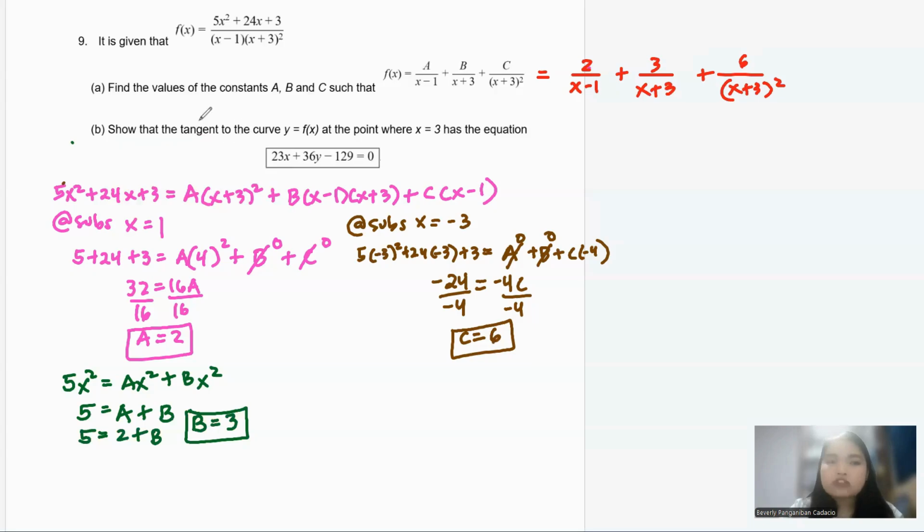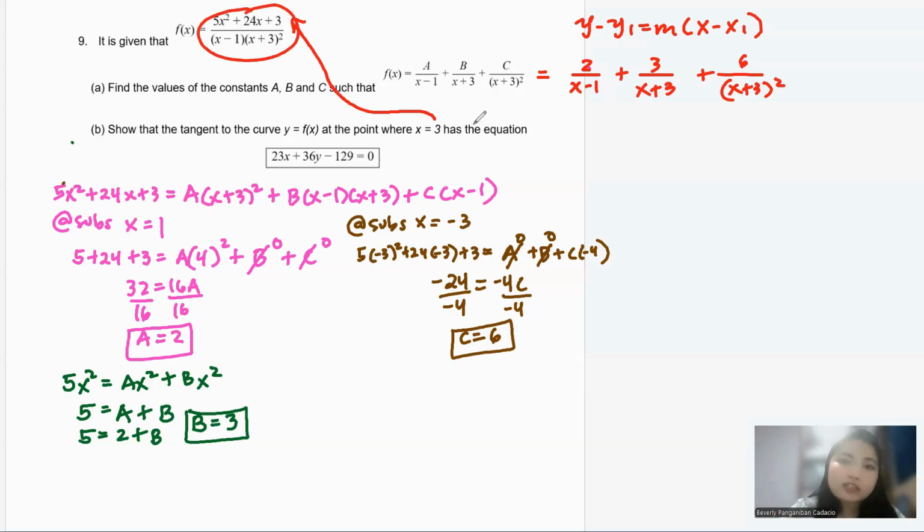Tangent line. When you say tangent line, you know it's the equation of the line, you will need this formula. Okay? And I already have x1. The x1 is this 3. But what you need is y1 and your m. We can get the y1 first because it's easy. For you to get y1, just put your x. Actually, you can put it here in all of your x, or you can put it here in all of your x. It's going to be the same thing. Whatever you think is easy, that's it. Okay? So, I will just put it here.